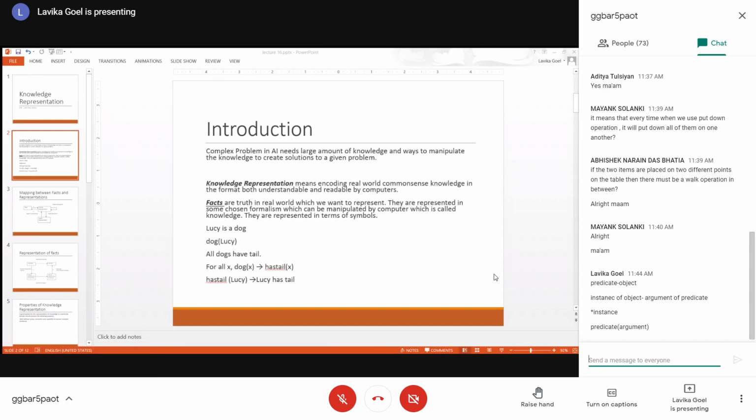Now, if I write all dogs have tail, this is another fact I have declared. How will I write it in predicate logic? For all x, dog(x) implies has_tail(x). Dog(x) means dog is the object and x can be any dog, so x is an instance of dog.